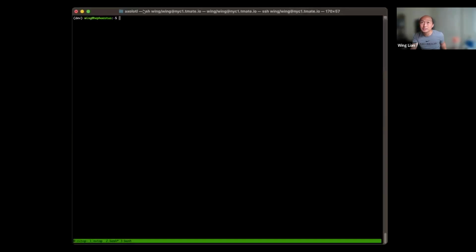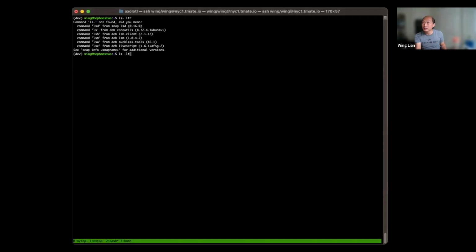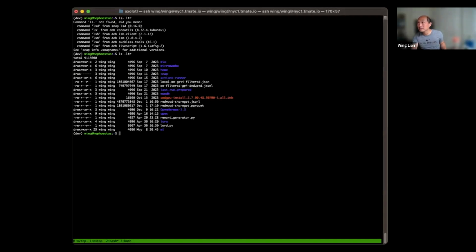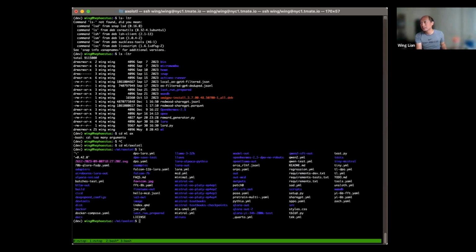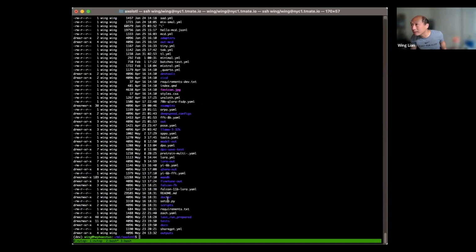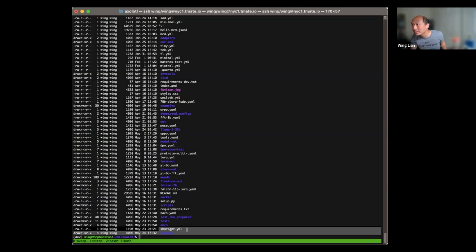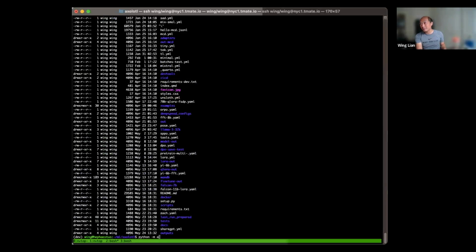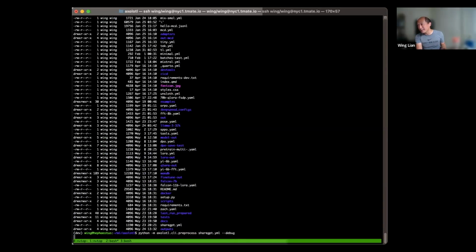Share, that's this thing. So if you just do python -m axolotl.cli.preprocess with the share GPT YAML, and then just toss a debug at the end.